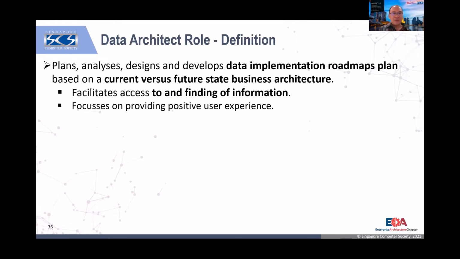Because business architecture is a so-called direction, right? Where the organization is moving. Because where the key stakeholders of the business are, when we formulate the business architecture, that's why we capture their concern, their driver, their goals, their strategy, their capability, and etc. Okay, so our data architect role is aligning to that. How can we help to achieve the future state business architecture?